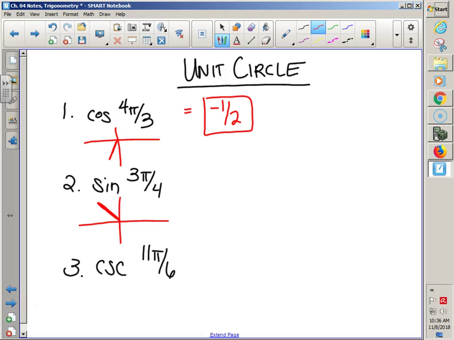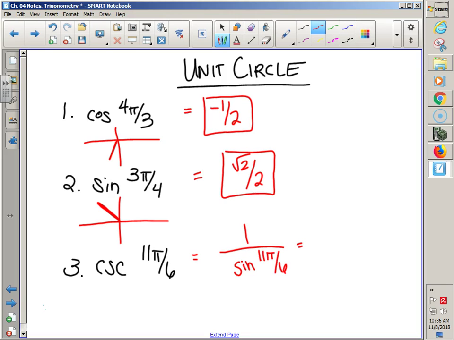Sine, that's the opposite. Oh wait, the over 4s are the same number anyway. Root 2 over 2, but in the second quadrant, all students, sine's positive. And this last one, cosecant, oh my goodness, he's 1 over sine, using an identity from the lesson. 11 pi over 6, isn't that almost 12 slices, aka 2 pi? Sine is the opposite. Opposite is the little one. The little one is negative 1/2, negative because all students take cosines positive, not sine, or you're going down. And when you flip,